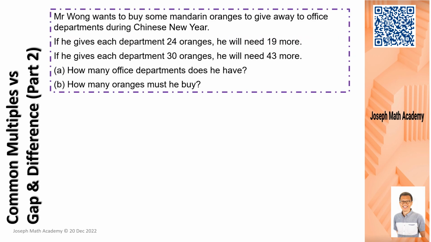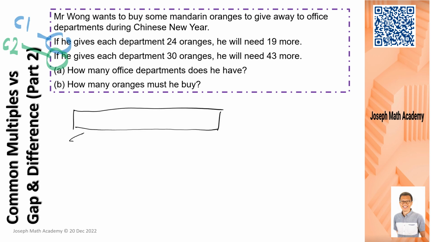Okay, now this first if is case 1, right? Then the second if will be my case 2. Okay, all right. Now to illustrate this, I use a simple model to explain to you. Imagine this rectangle represents the number of oranges that Mr. Wong wants to buy. Now for case 1,